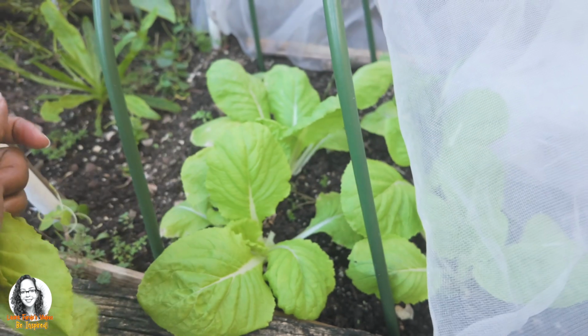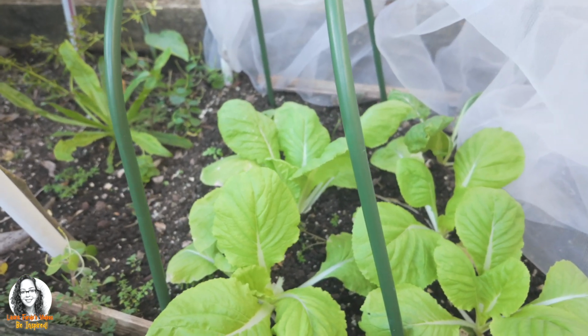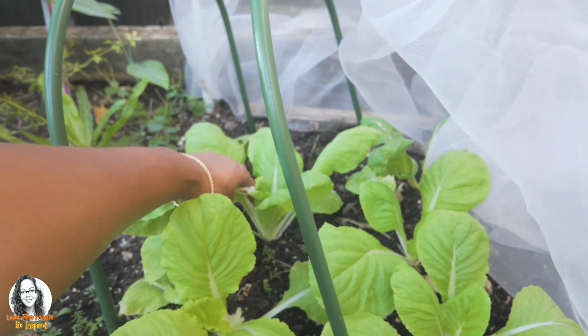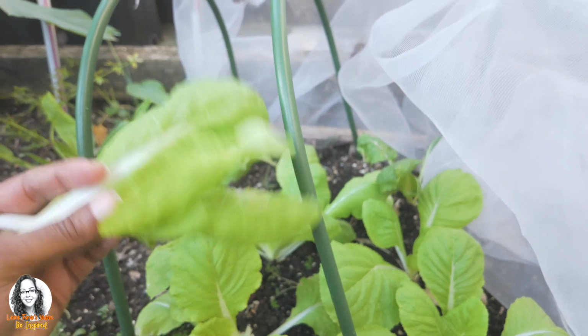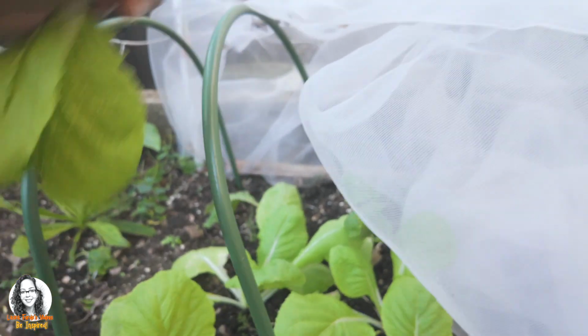All right, so let's see, how many leaves should we get? My Pac Choy is not very big. All right, I'll take 3 leaves. Let's use this up. All right, so I have 3 leaves here. And what we're going to do is also get